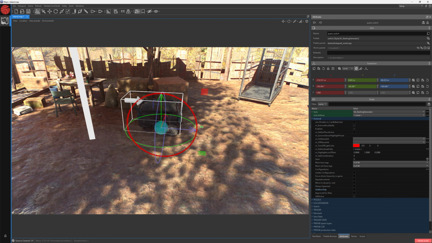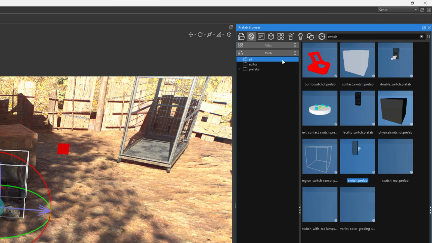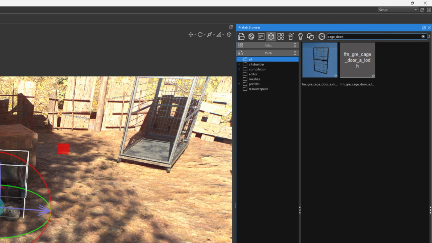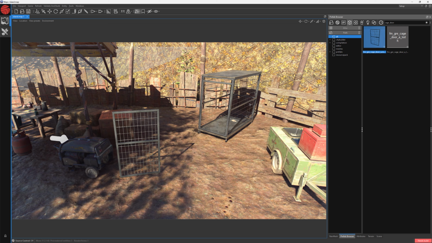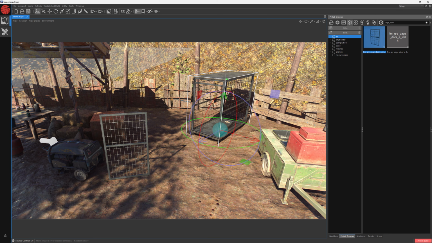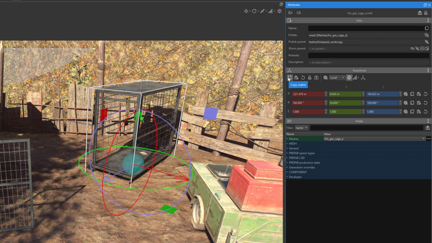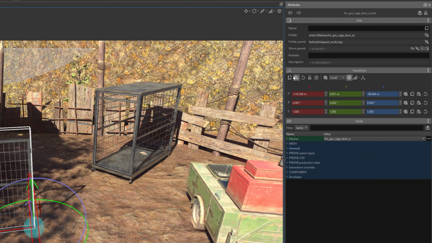Now for the second asset. Go back to the search bar in the prefab browser, switch to single prefabs, but this time look up cage door. Place it on the map, and press escape. Now I need to attach these doors to our cage. We can even zoom out a little. Select our cage, click on the attributes window, copy its matrix, then select our cage door, and paste it.